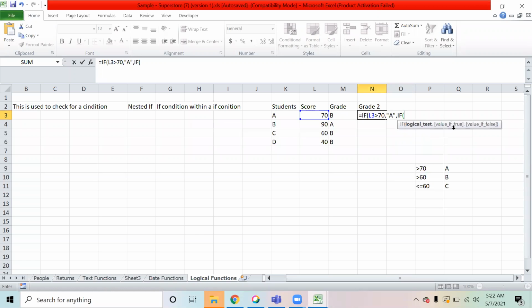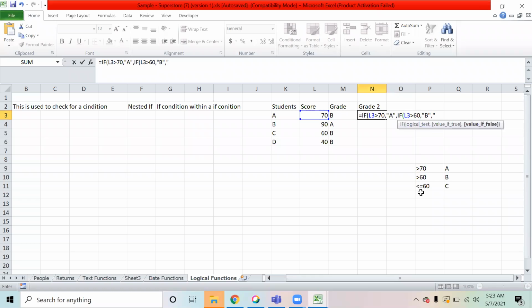Now just try to see the logic over here. I have just one condition. When the condition is true, I get this output. And when the condition gets false, I again create my if condition. Now this time I say, is this score more than 60? And if the condition comes out to be true, he will get a B grade. And otherwise, if this condition also fails, that means the number is neither more than 70 nor more than 60, so it will be less than or equal to 60 only.